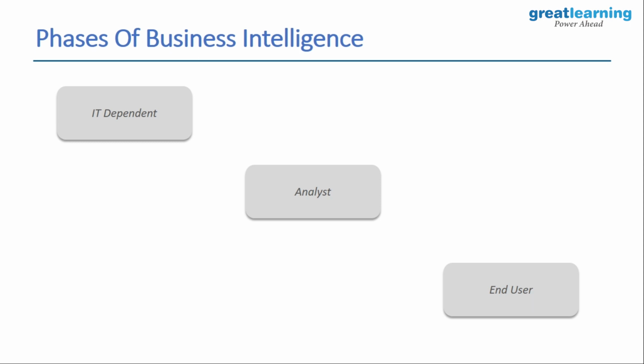To put forth a scenario, let's assume that there's an IT company. So when you talk about an IT company, we are talking about technical data. So a technical guy would fetch data for you, pass it on to the analyst who would generate reports out of it. Then the end user or the marketer would present it to the stakeholder. So there are a lot of dependencies here. And this was the first phase when you talk about your phases of business intelligence.